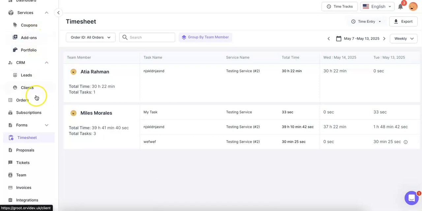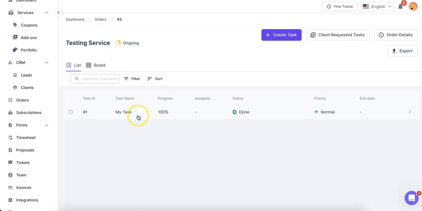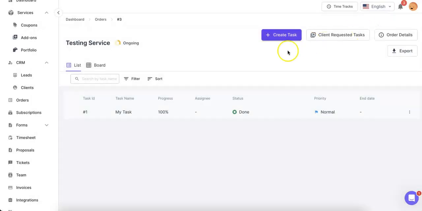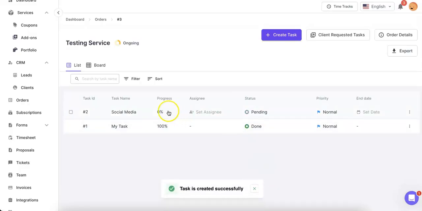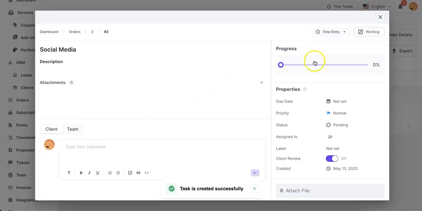You can also go back to where we started the initial timer, and you can see, oh, okay, I have already completed it and put the status to done. So let's create social media, for example. So now we have another task, and if we see the manual entry,